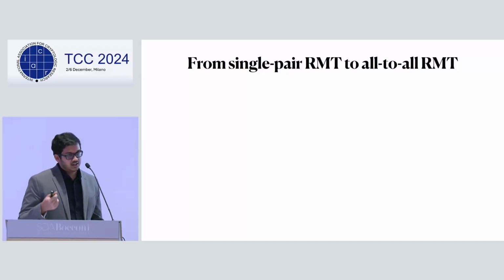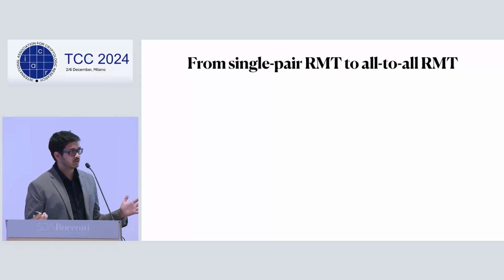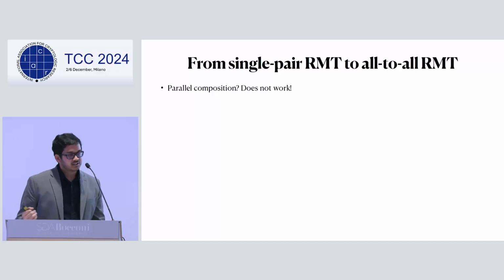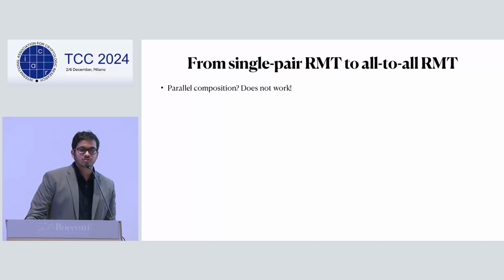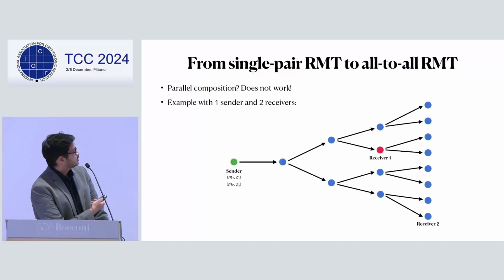And now we have a single pair RMT protocol, so RMT from one sender to one receiver, and the next job is to extend this to RMT between all pairs of parties, because we need everyone to talk to everyone over this low-degree network if we want MPC. And the natural idea is to do parallel composition, which actually happens to work for our other feasibility result in the presence of erasures. But without erasures, this does not work, as you can see from this example,